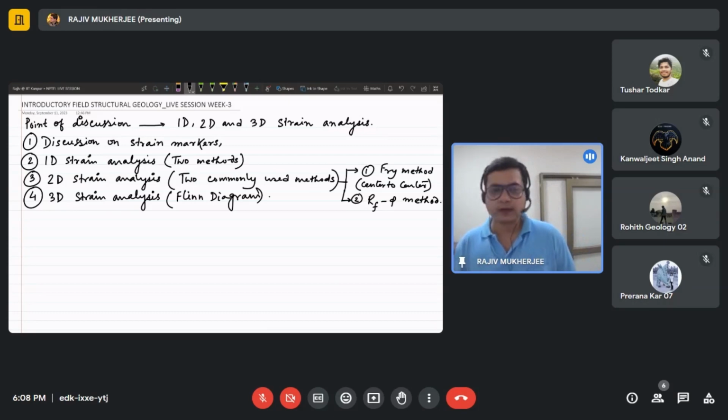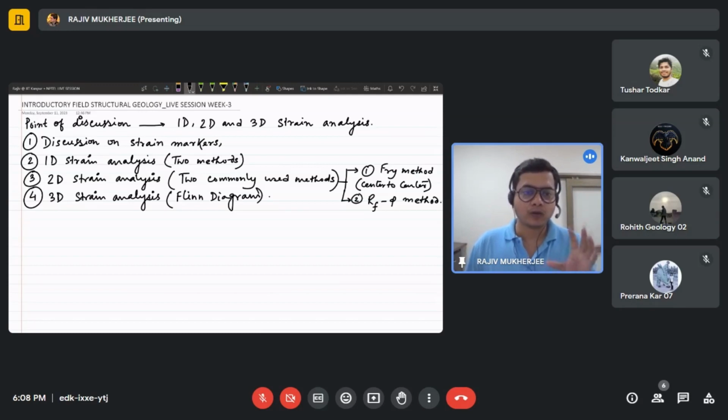So in structural geological field work, this strain analysis is a very important part. Wherever you are doing field work in a deformed terrain, having a robust idea about the collection of different deformed data, whether linear data, planar data, or the aspect ratios of different deformed strain markers, is useful. Different kinds of things can be utilized. These methods are helpful not only to understand the strain distribution, but they also tell us that